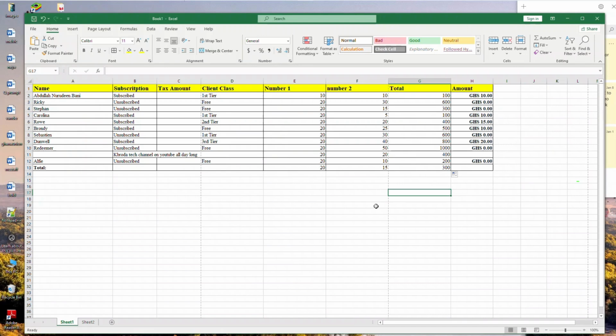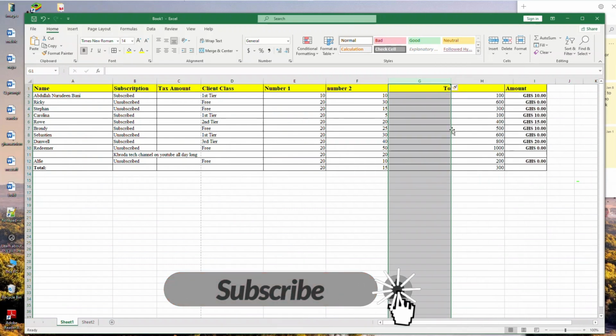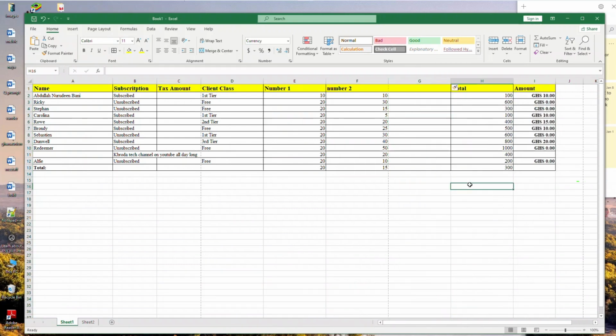So that's it. But if you're trying to do a calculation like this, I'm not going to talk a lot about it, but I'm letting you guys know. I'm going to make a different video on that. I'm not going to give you guys a lot of information to confuse you. So let's say it's going to be tax amount. So let's say something like a percentage, 0.7, something like that. So here we are trying to multiply every number we have here by the 0.7. You get it? So if we use the same relative method like F2